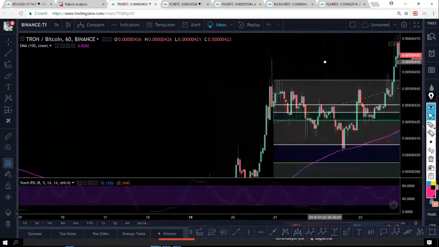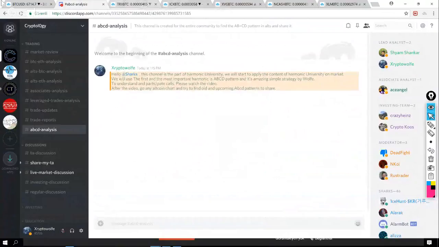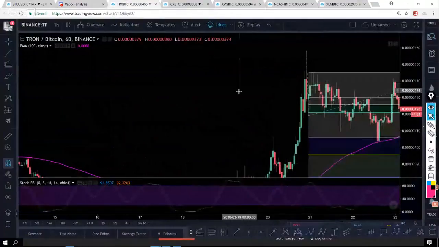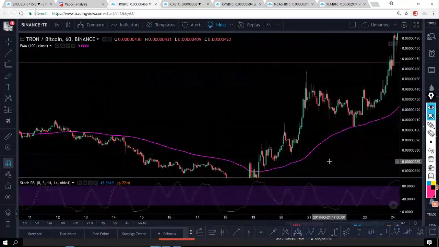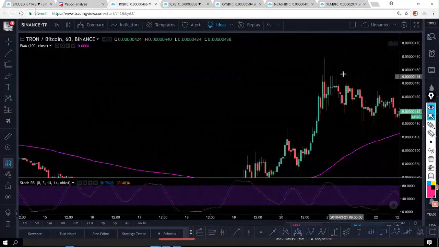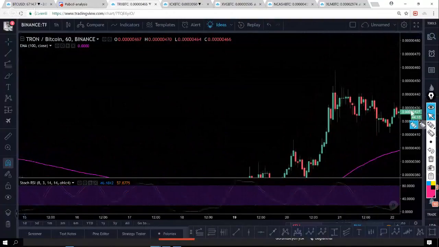Here is, guys, what we can do about it. When we see an upcoming ABCD, we can share it with our friends in ABCD analysis. Just think, here is the Tron, and you see this pattern like this, developing an ABCD maybe, and you can share this like this,